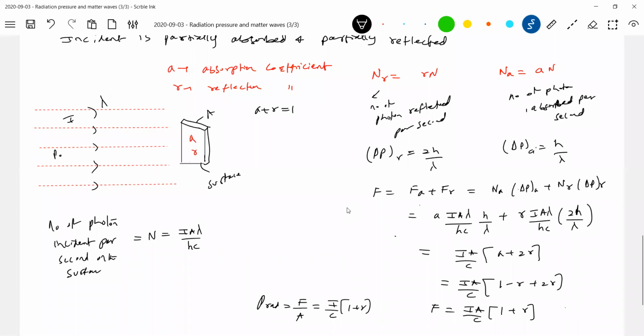2IA by C. So whenever you get any difficulty, just cross check once. Even in some problems, sometimes we go wrong due to some assumptions. So we have to cross check it.